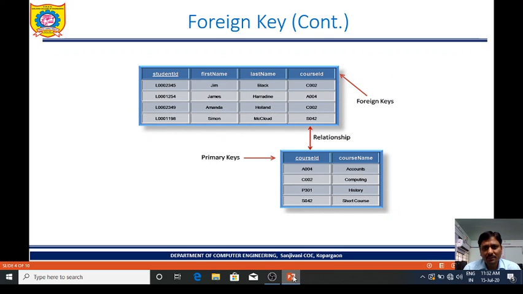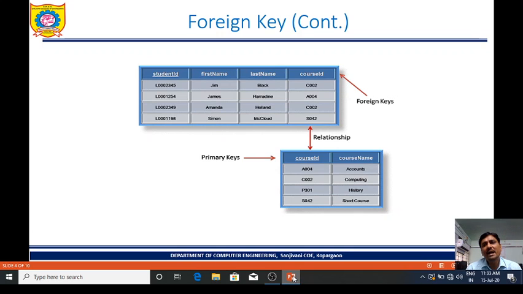See this example. In this example, you can see how actually foreign key is implemented. See, this is first table. Table name is student. Second table, table name is course. In first table, you can see the attributes student ID, first name, last name, and course ID.